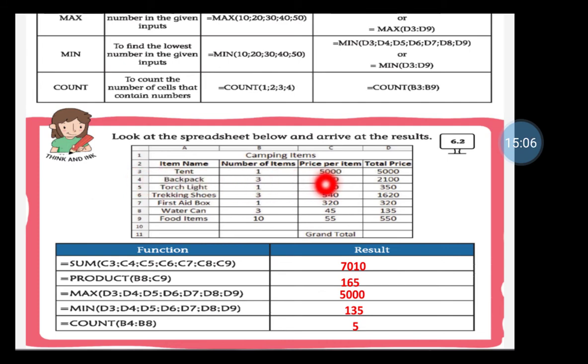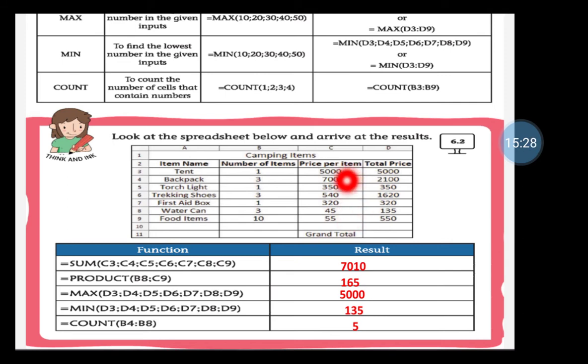What you have to do is add these numbers. Which numbers do you have to add? You have to add these: 5,700, 350, 540, 320, 45, and up to C9 you have to add.